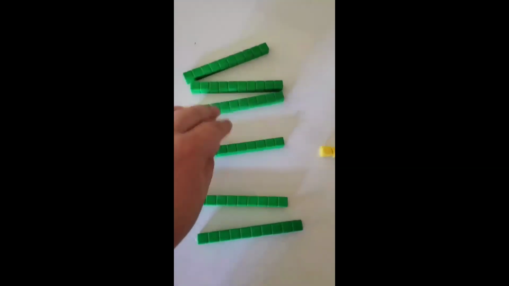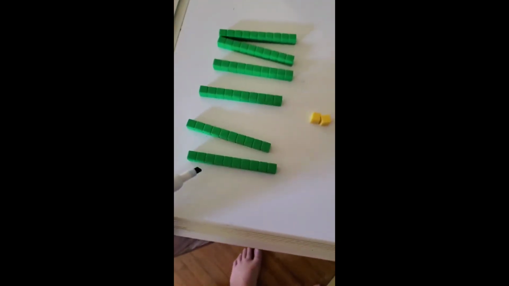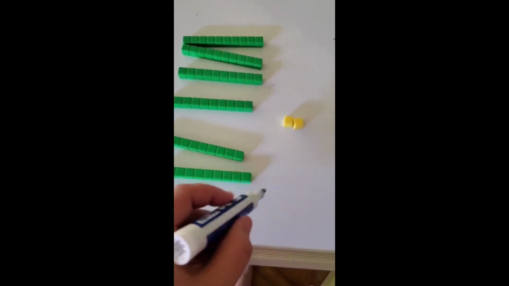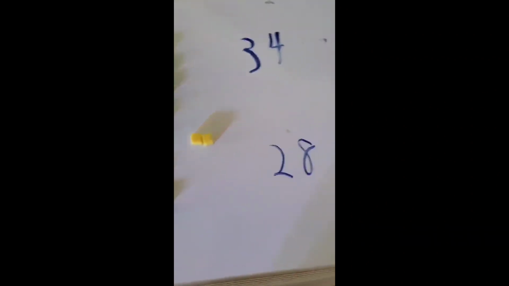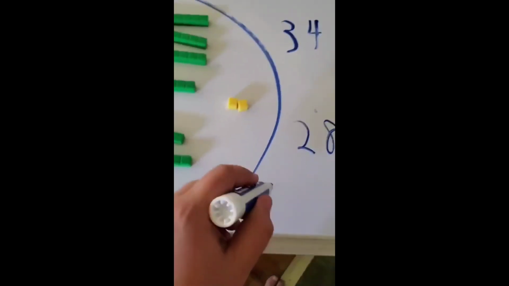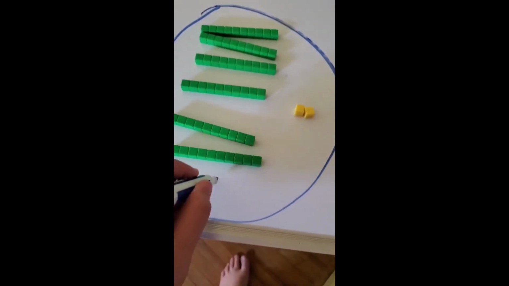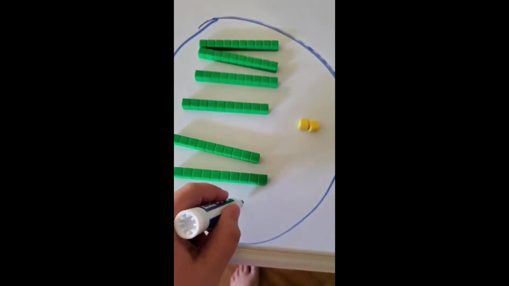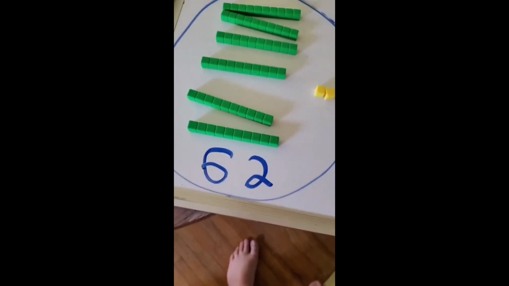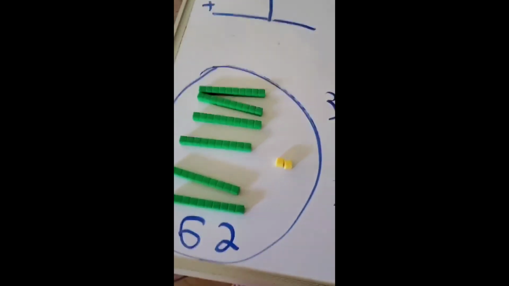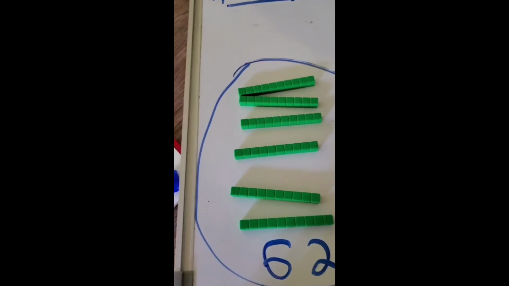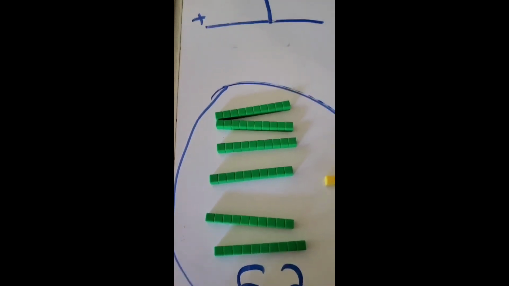So now let's add up our rods. 1, 2, 3, 4, 5, 6. So all together, right here, 6 rods and 2 units. So it's 62. All right, now that we've done it with our rods, let's put 34 and 28 into our